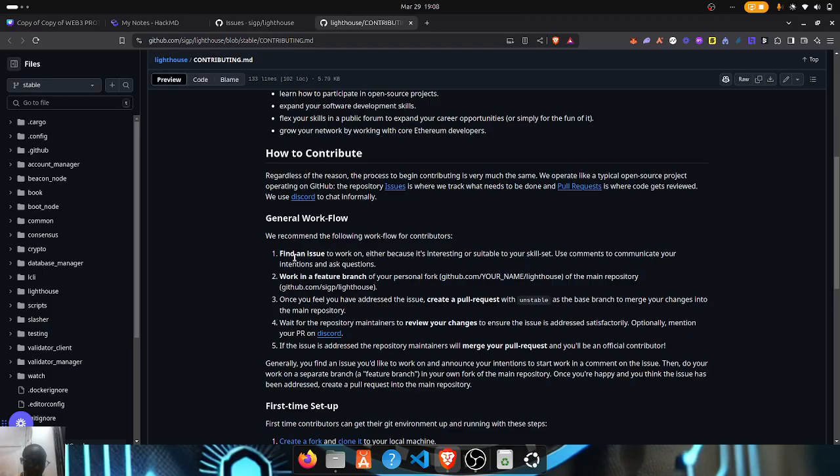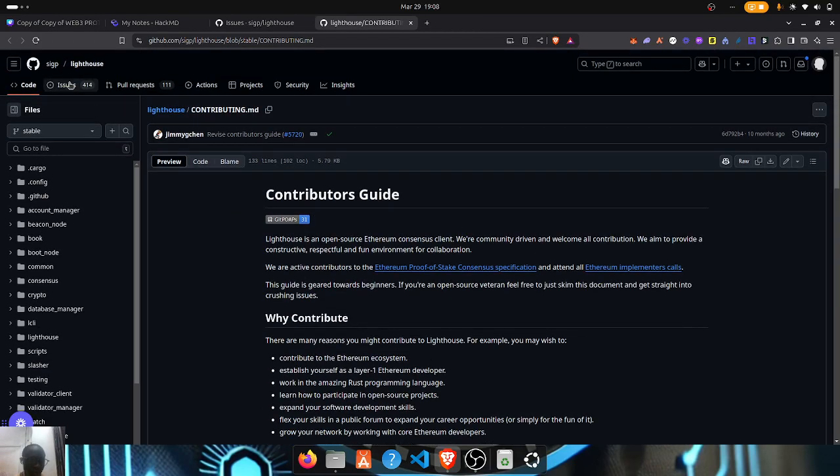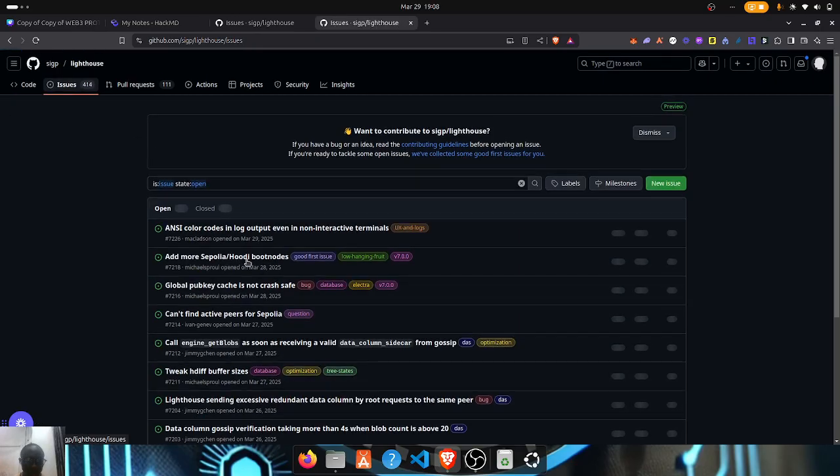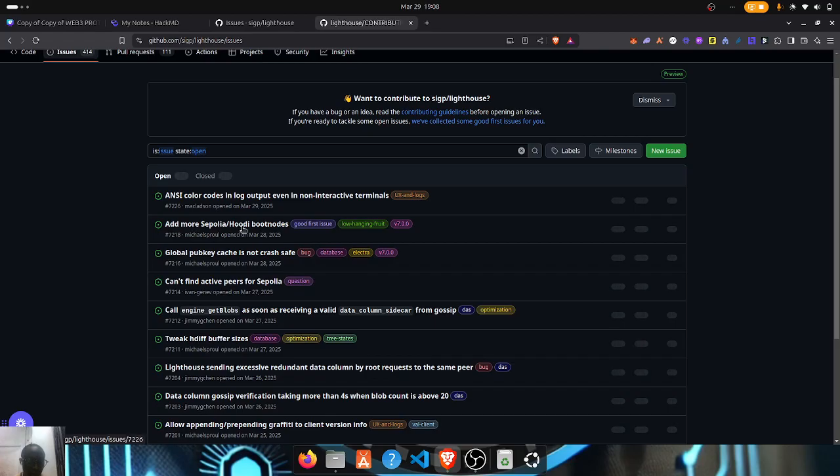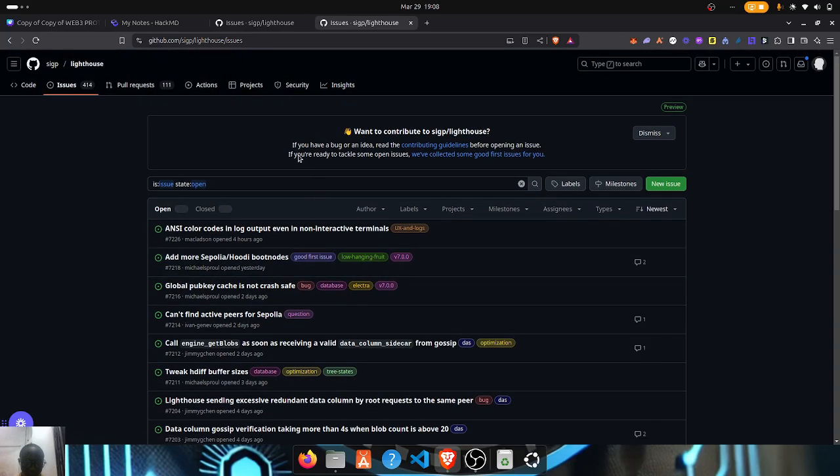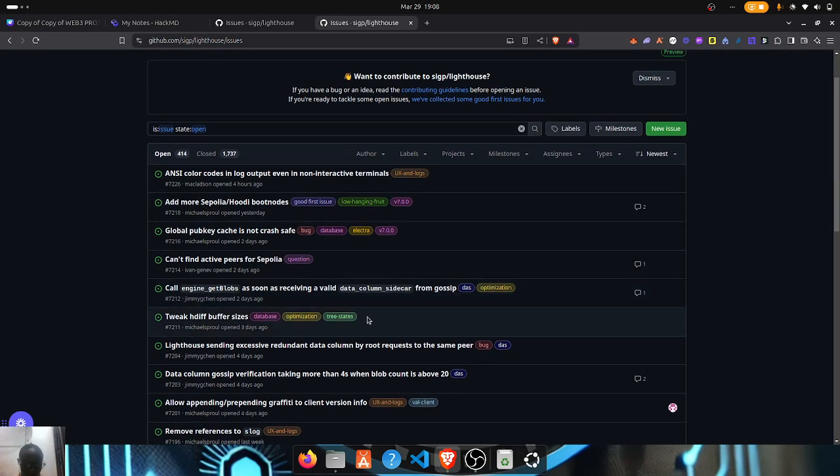Find an issue. So this is where you come. You find an issue. We have a list of issues here when it comes to Lighthouse. This is Atmos, Sepolia, Hoodi, boot node. This is a good first issue. Now, when you look at this, if you are ready to tackle some open issues, we have collected some good first issues. So if you're somebody who is afraid of these complex things, you're seeing